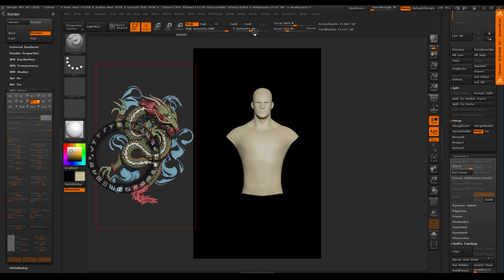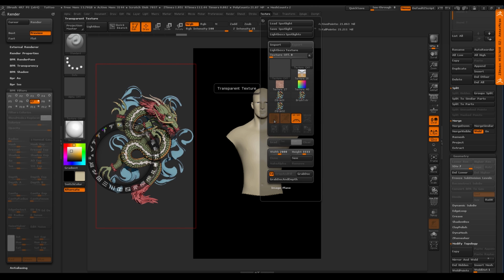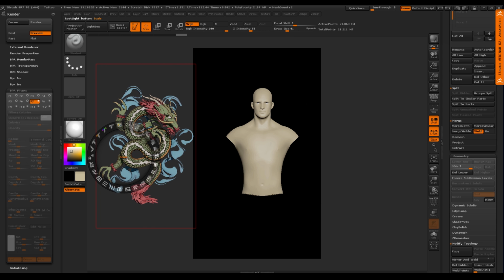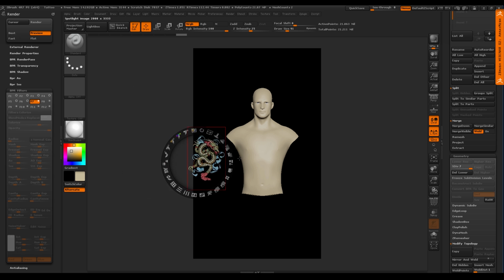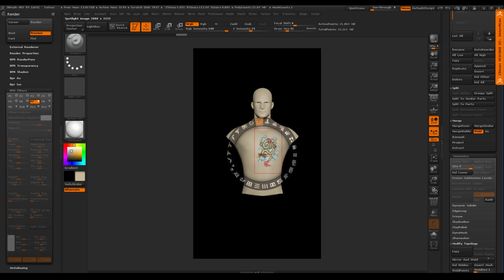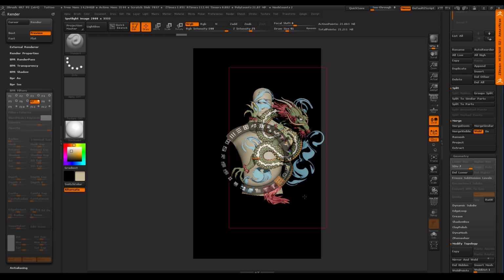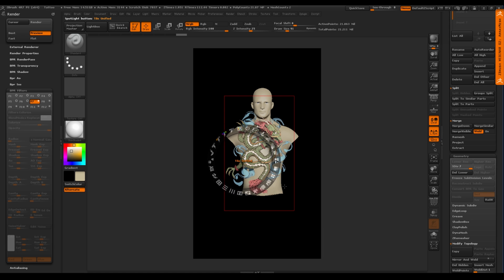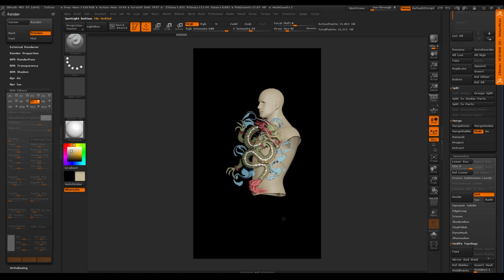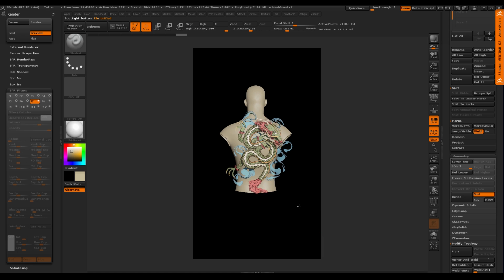So when I went in here, I turned on this option right here, transparency texture. I turn on anti-alias to make it smooth, and then I just hit that plus symbol. So now I can put this wherever I want, right? Where do we want that tattoo to be? On his belly? No. Let's go maybe this big, right? I'll hit the Z key, and let's put it on his back instead.